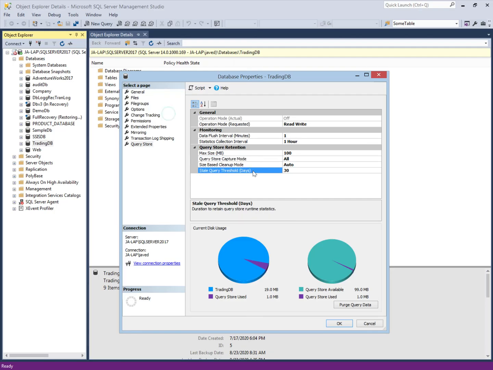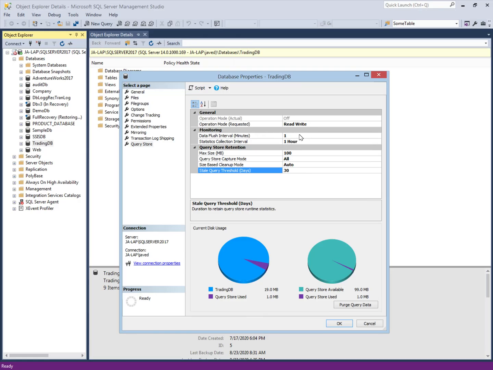The stale query threshold, which is in days, is the duration to retain the Query Store runtime statistics. By default it's 30 days, which might be unnecessarily long for your scenarios, so you have to set it according to your organization's scenarios.